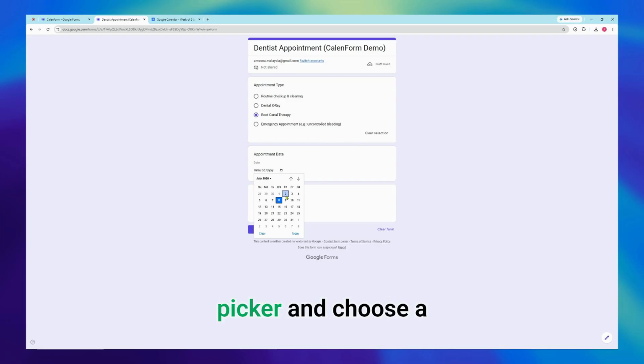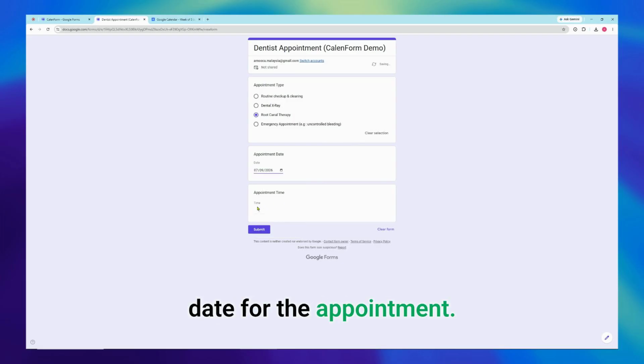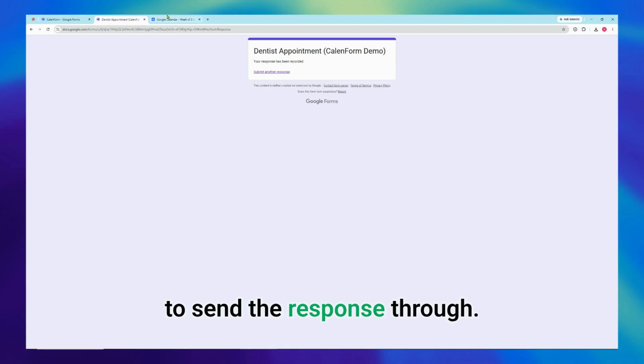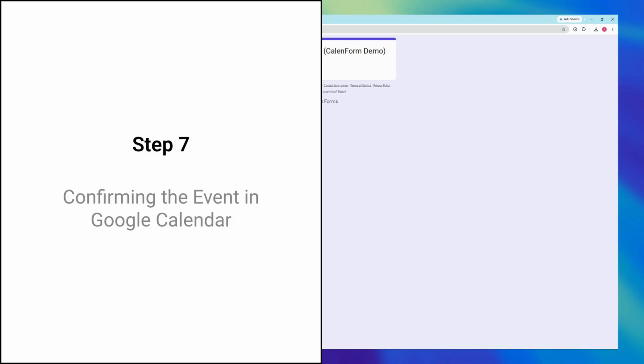Next, open the date picker and choose a date for the appointment. Then, tap into the time field and enter your preferred appointment time. Once the form is filled in, go ahead and hit Submit to send the response through. The sample form response has been submitted successfully. Let's go to the next step, which is confirming the event in Google Calendar to verify that the automation created